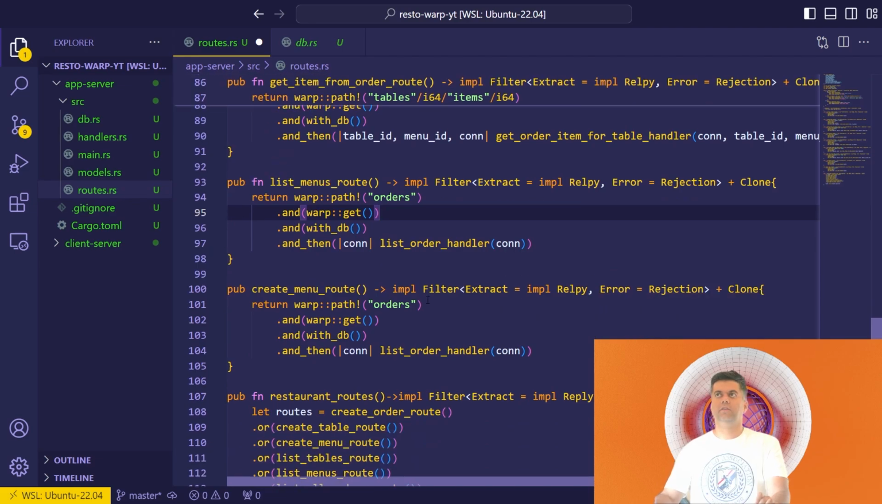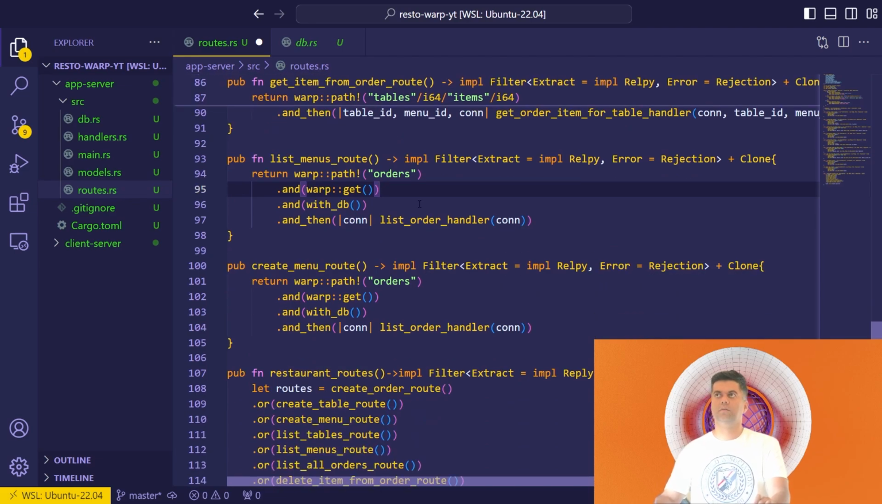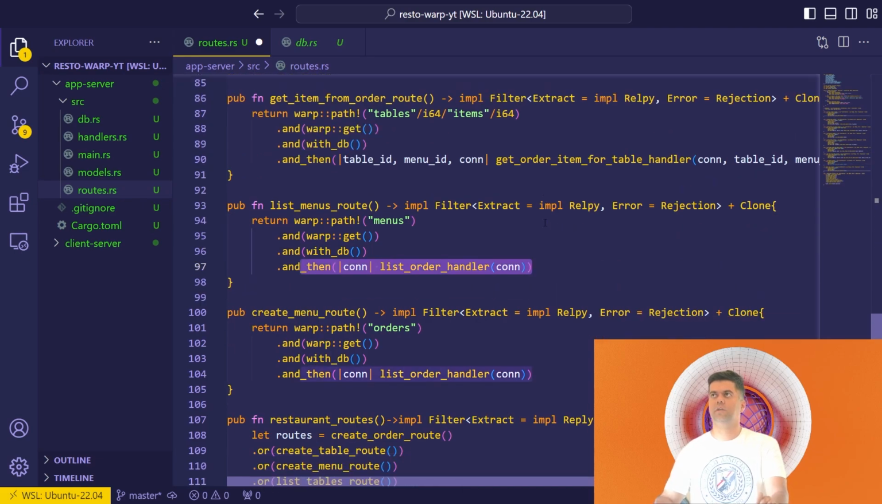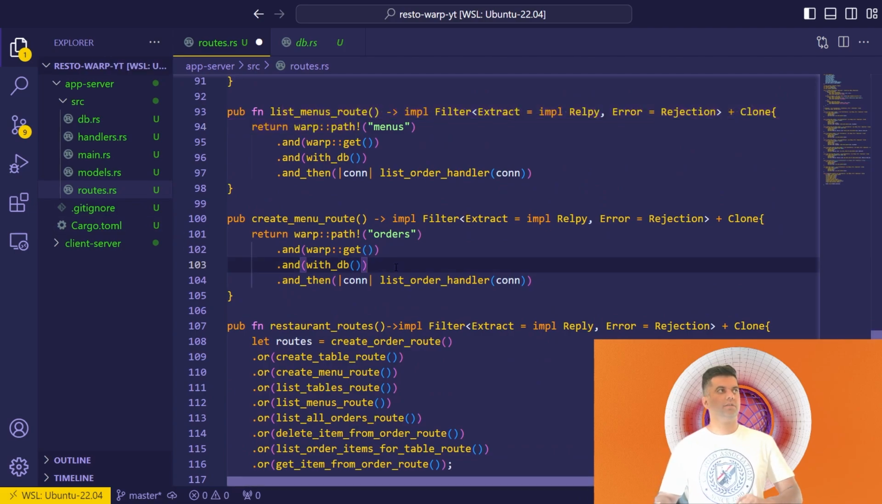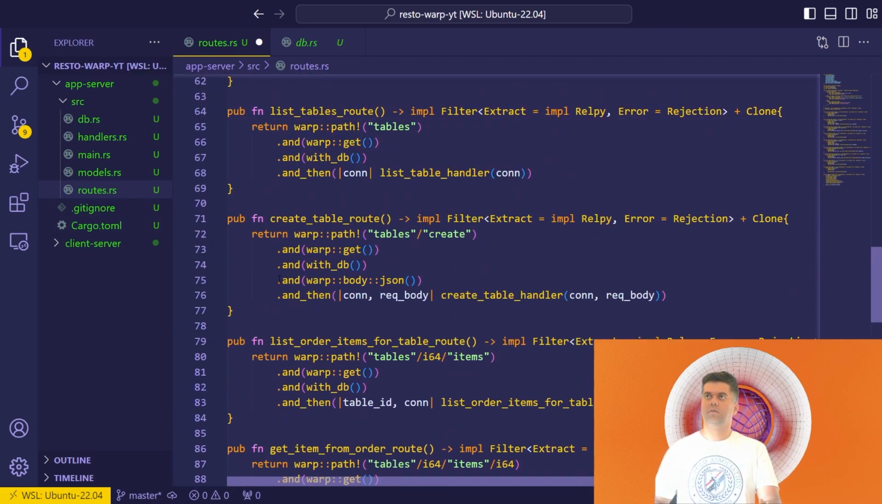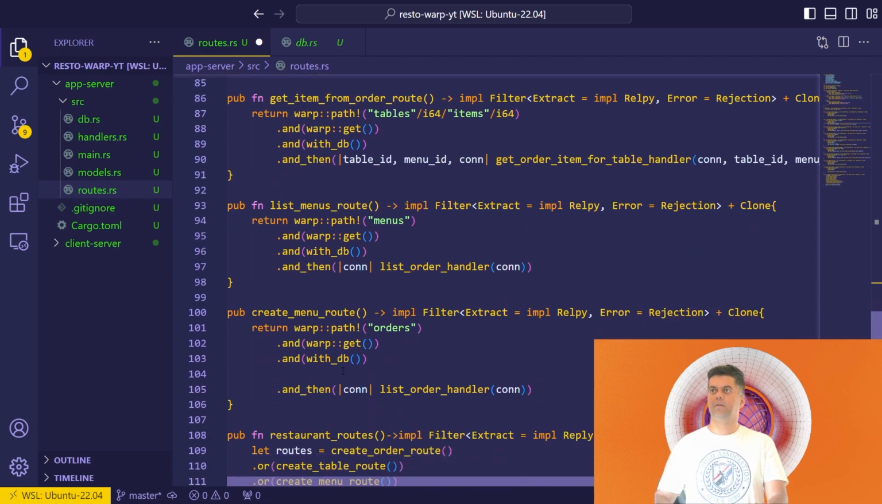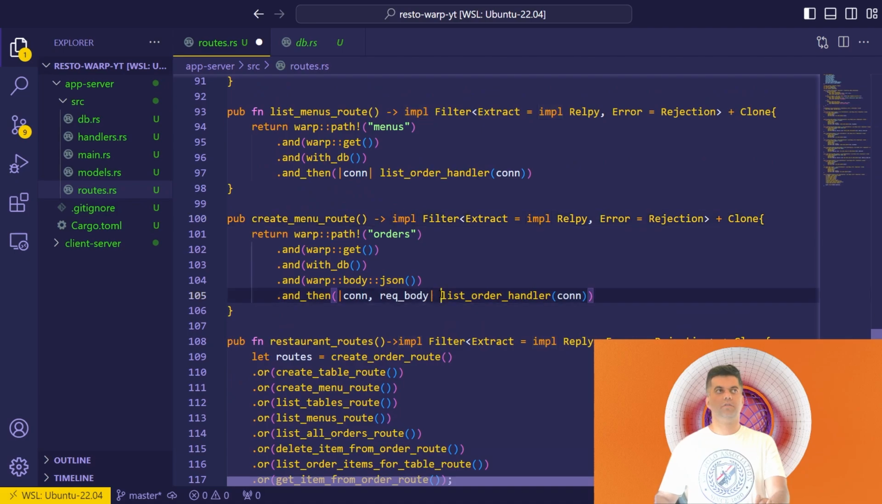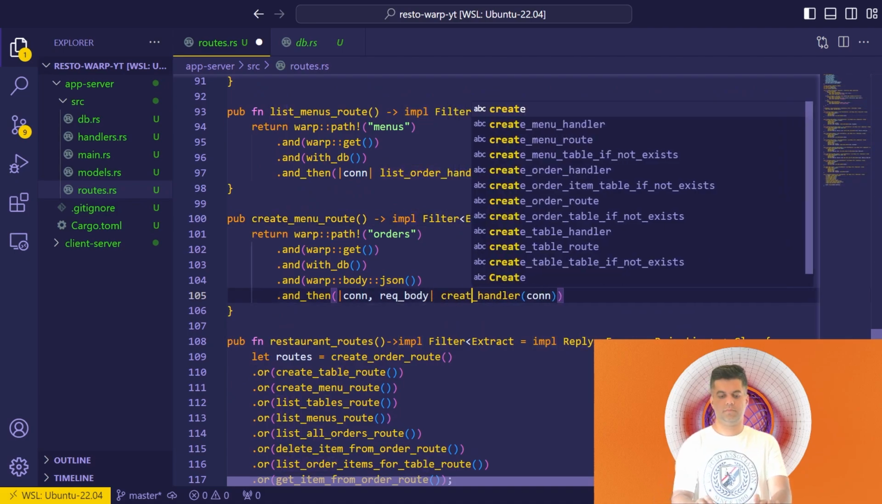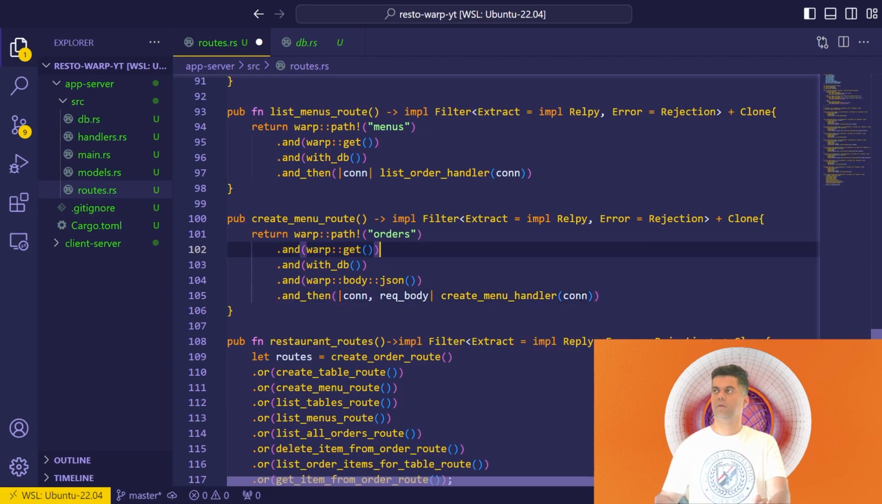And then finally the function list menus route, and here we have the menus path, and that's it. Just pass the connection. You don't need any IDs here because we're listing all the menus. And then finally the create menu path. You know what happens when you create something, right? You need the body. So let's copy paste that here. And here also you need the body, and instead of this you'll say create menu handler and connection comma request body,